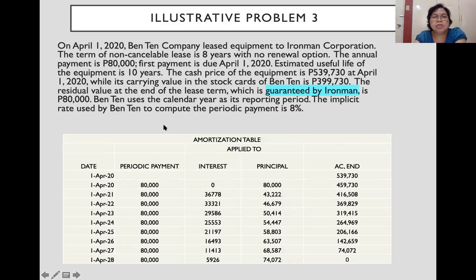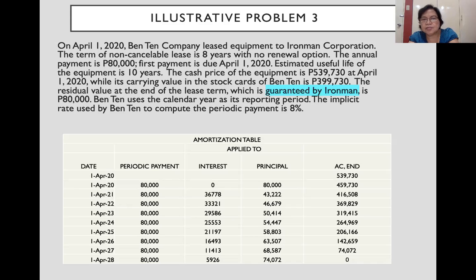We go back now here. On April 1, 2020, Benton Company leased equipment to Ironman Corporation. The term of the non-cancelable lease is 8 years with no renewal option. The annual payment is 80,000. First payment is due April 1, 2020. Estimated useful life of the equipment is 10 years. The cash price of the equipment is $539,730 at April 1, 2020, while its carrying value in the stock cards of Ben 10 is